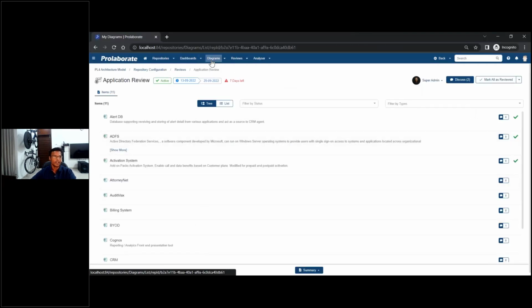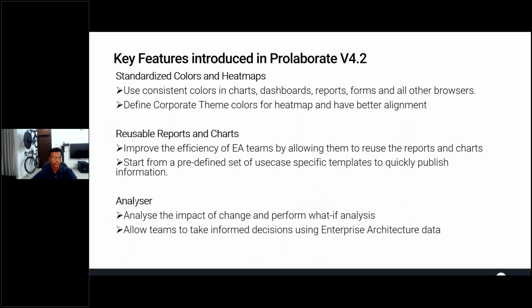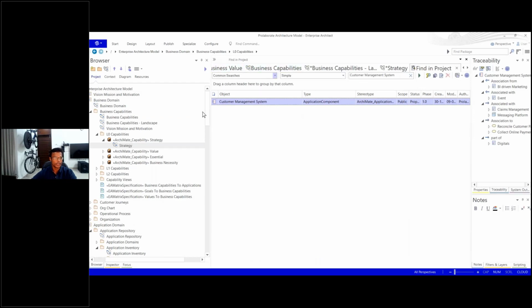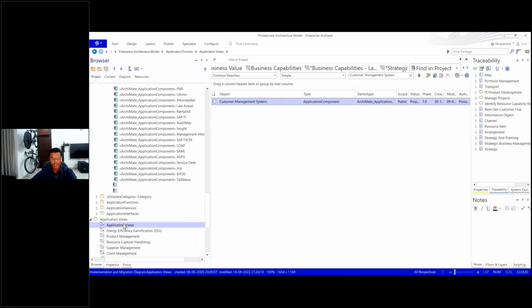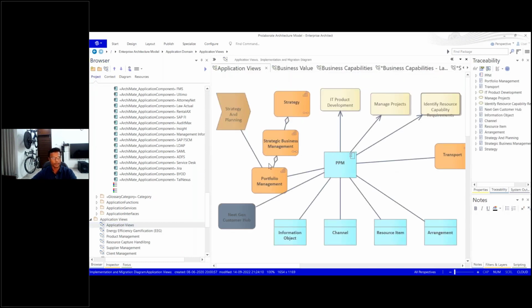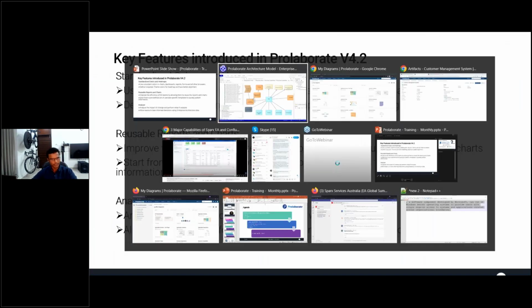Analyzer is something, all these use cases that we saw is for someone who is not an EA modeler and they do not want to get into the complexities or the nuances of the EA model. They want to look at it, get some insights out of it, and move on. But there are people who could go more than that. So I've got, let's say, an application view diagram like this. As a modeler, I was able to put together something like this because I know EA, I know how to use it. But there could be users who may also want to do this what if analysis,